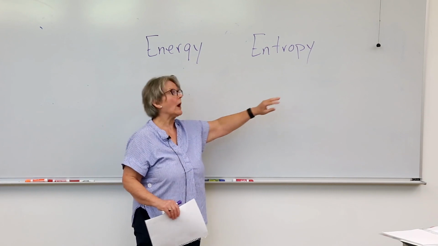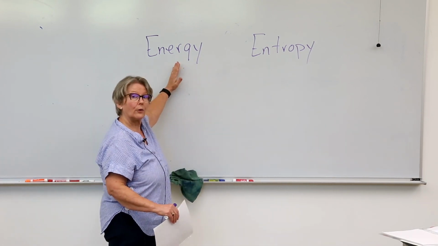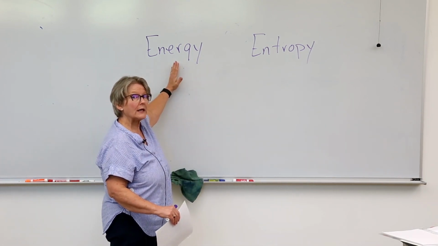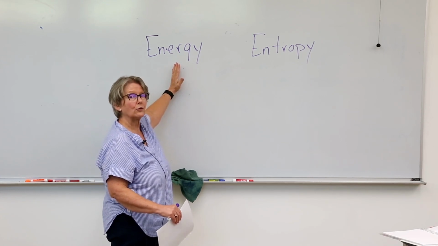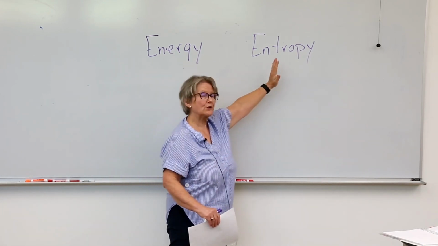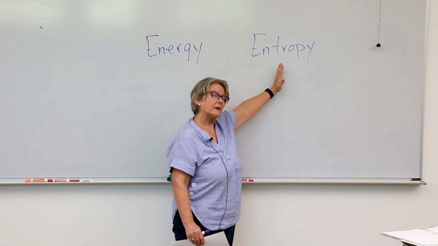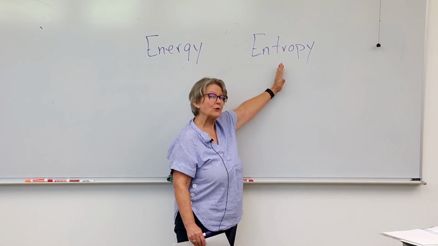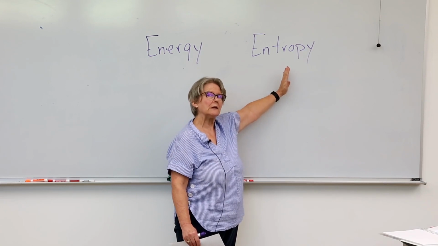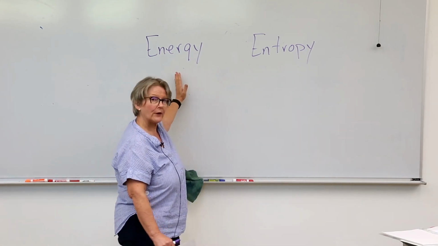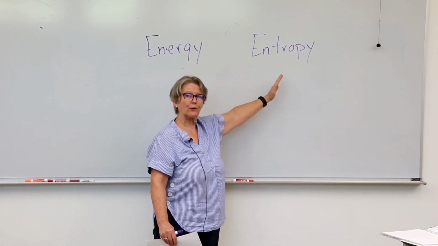We talk about rule number 1, or you want to call it the first law of thermodynamics: energy and matter cannot be created or destroyed. Rule number 2, or the second law of thermodynamics, says that entropy is always increasing. What that means is when you transfer energy, you can never transfer it all.